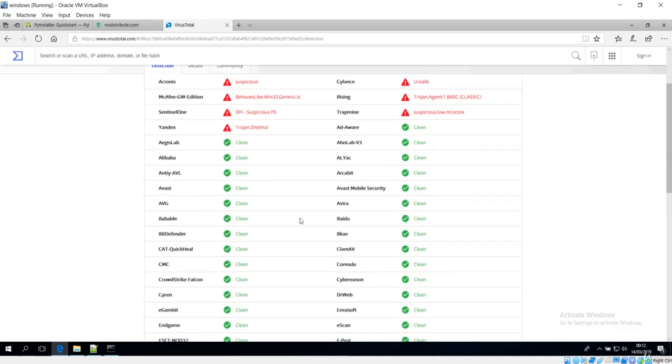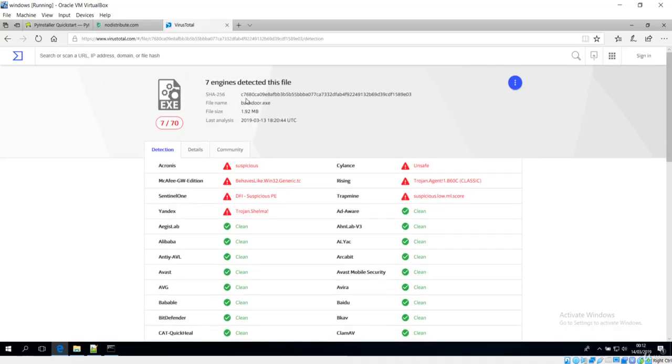Now what you need to do is try to make your backdoor so powerful that even these antiviruses won't suspect you. In order to do that, you just have to remove some of the keywords from your program so that they won't track you back, because they are going to reverse engineer your code. Basically your application will be turned back into code and they will check every line of code.